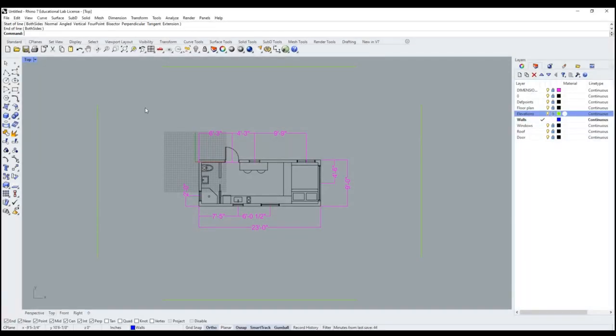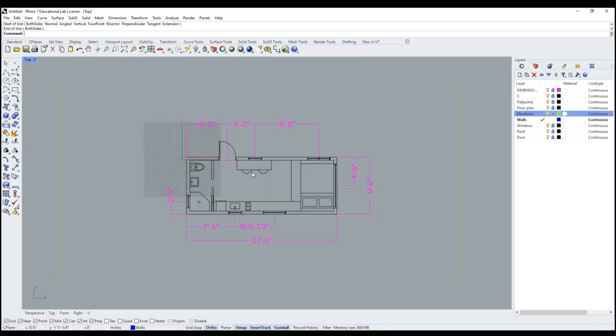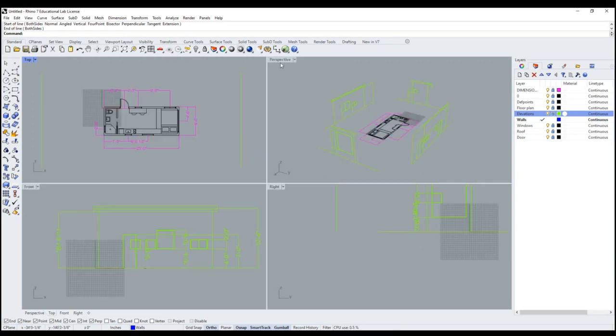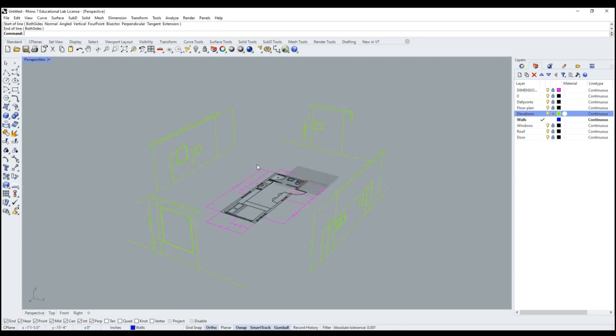Hello students, we're going to be creating this fairly simple cabin today in Rhino. Here we have our completed floor plan and dimensions, and we also have our elevations for the drawing. They're already flipped up vertically so that we can reference them when the time comes to manipulate the surfaces that